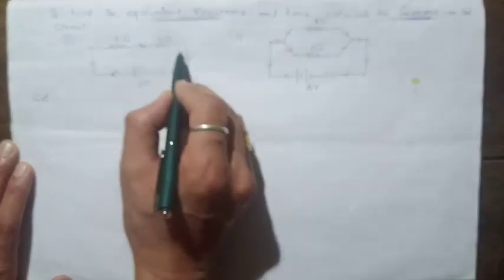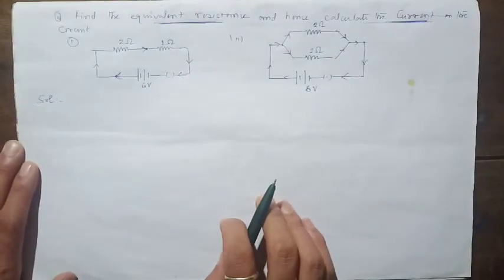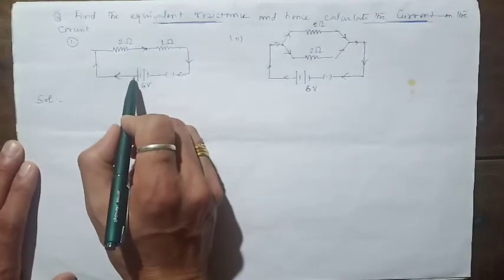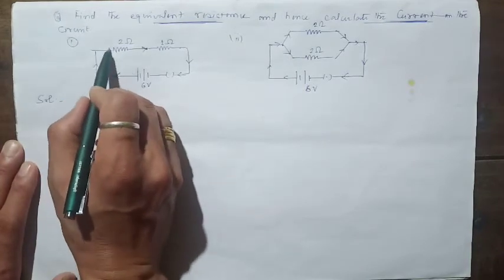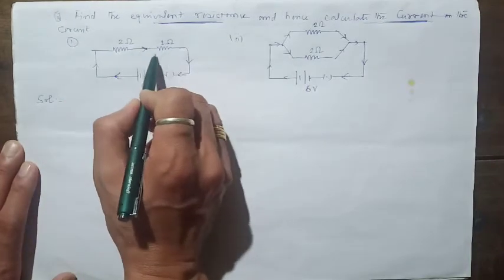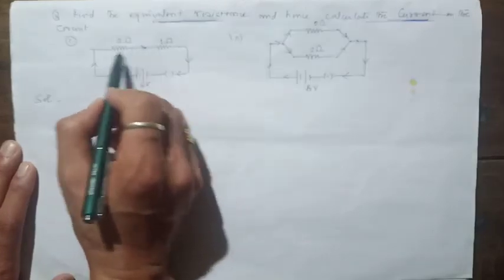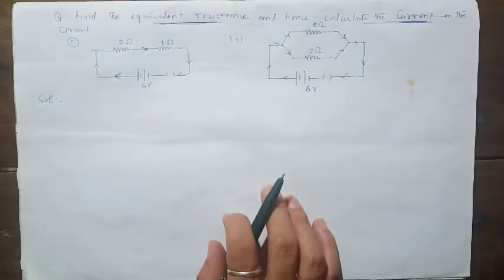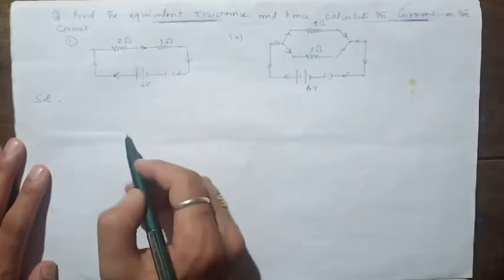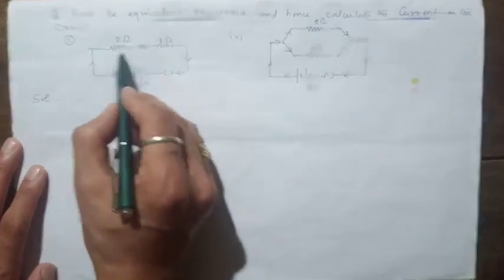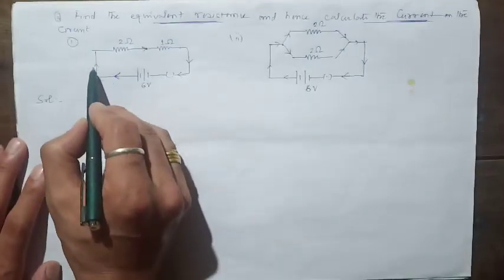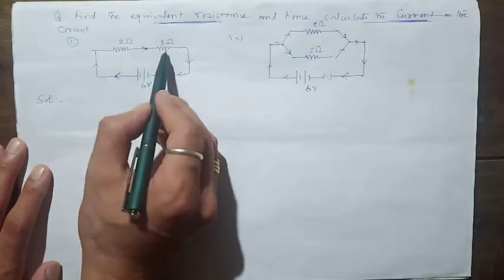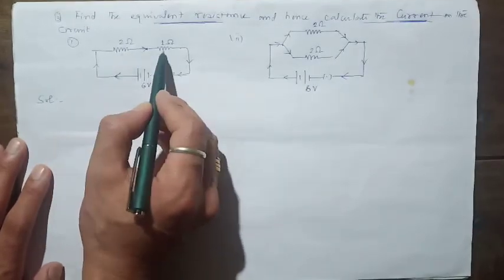That's one identification of the series connection. The amount of current released by the battery, the same current is flowing through this 2 ohm resistance and this 1 ohm resistance. That means these two resistors are connected in series. If the same amount of current does not flow through each and every resistor present in the circuit, we will say the resistors are connected in parallel. So here we have two resistors. The amount of current released by the battery is passing through both these resistors. Same current flows through both these resistors. So that's why they are connected in series.